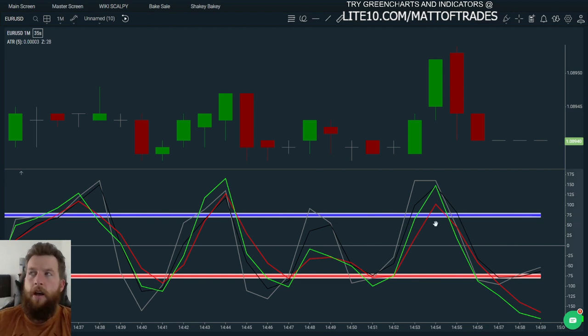Anyway. So the red and green, those are the majors. The black and gray are the minors. Obviously, green is bullish, red is bearish, and then with the minors, gray is bullish and black is bearish. Now, similar to an RSI, you're taking note of when